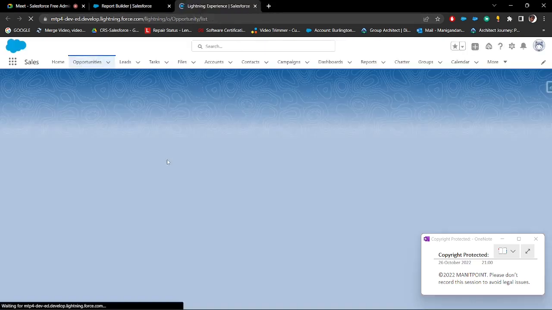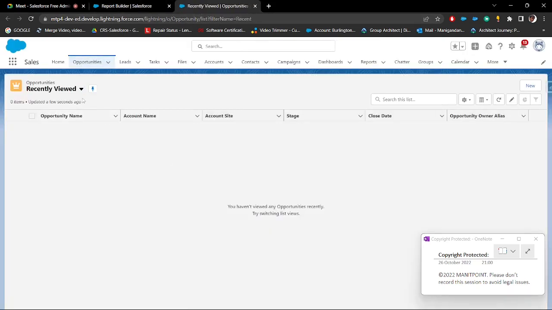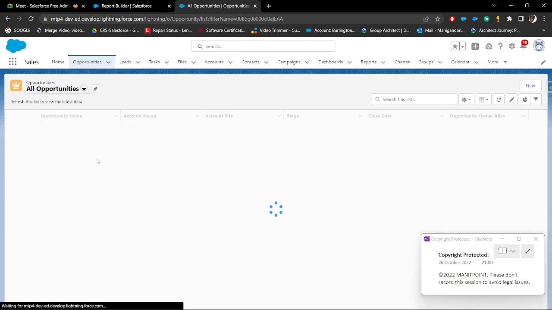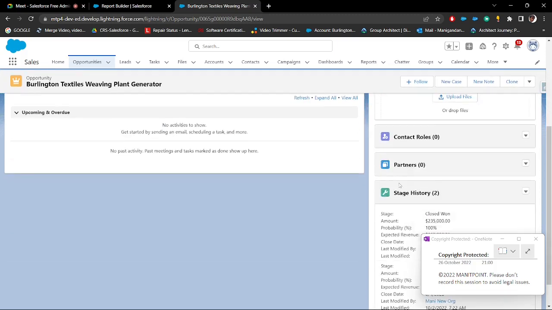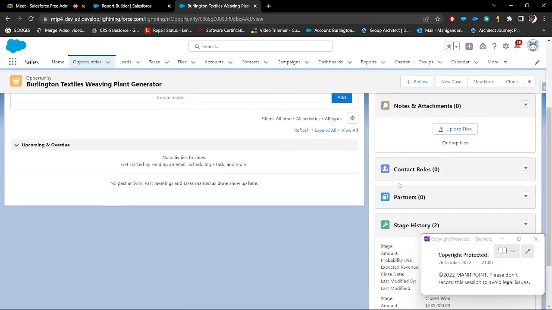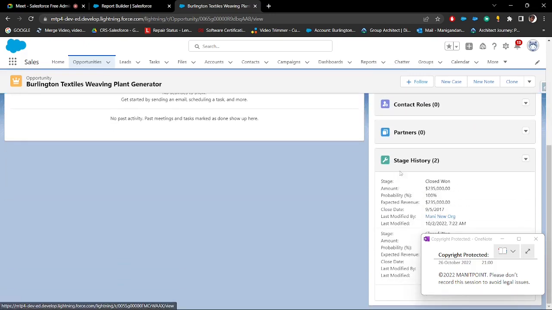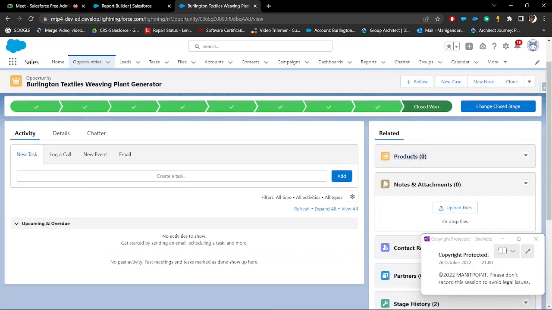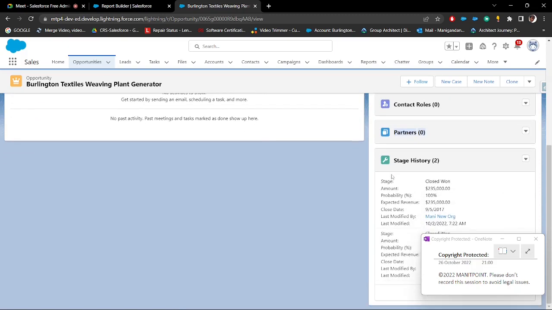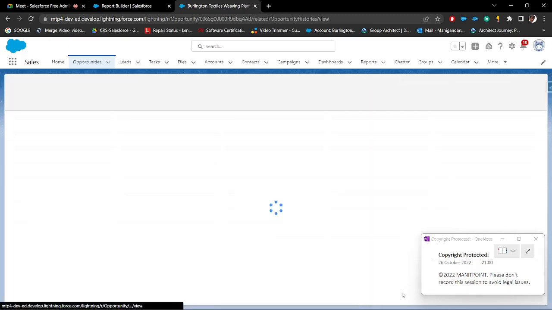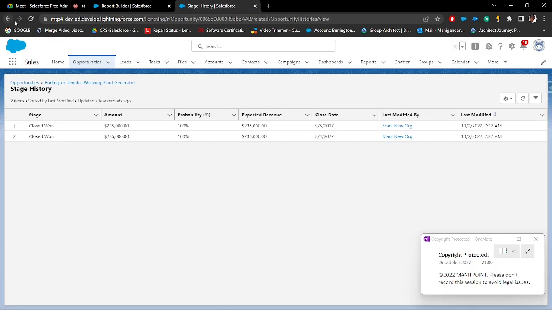So if you go to opportunity, okay, related to opportunities, there are some records, right? Suppose say that this opportunity is having some stage history, and this opportunity doesn't have any products at present. So this kind of related information, if you want to find anything, you can go with that